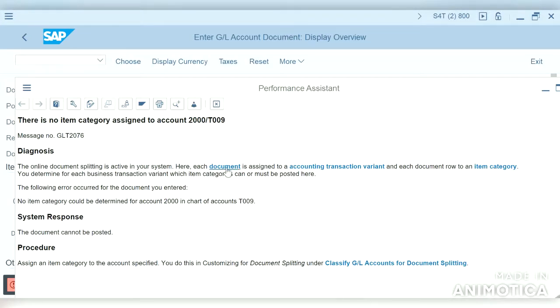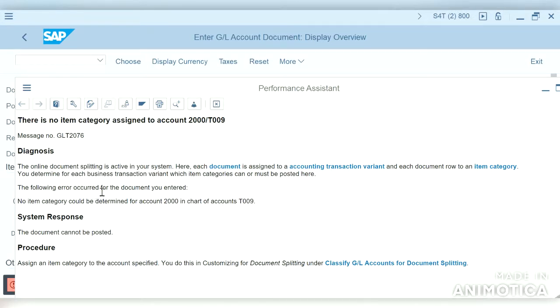So if we are posting a document with document splitting, each row in the document is assigned to an item category. So you determine for each business transaction variant which item categories can or must be posted here.